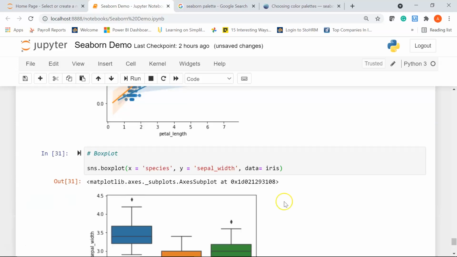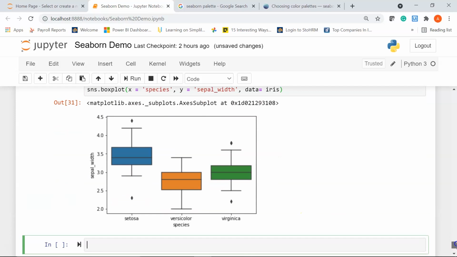Let's run it. There you go. We have this box plot created. At the bottom in the x-axis you can see we have the box plot for setosa flowers, orange for versicolor flowers, and green for virginica flowers.